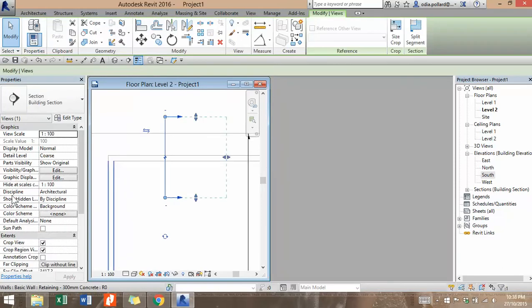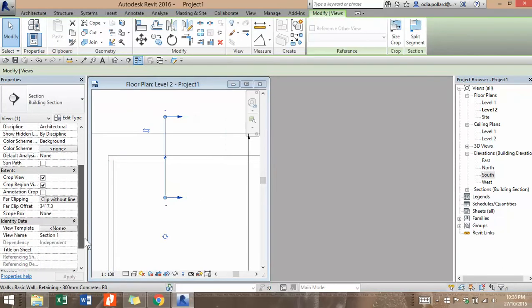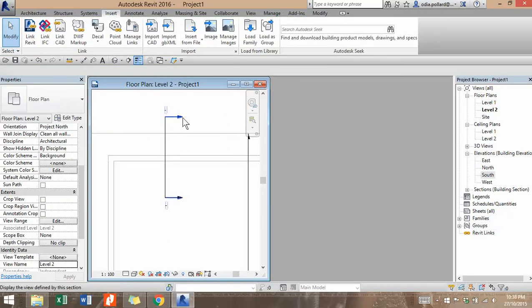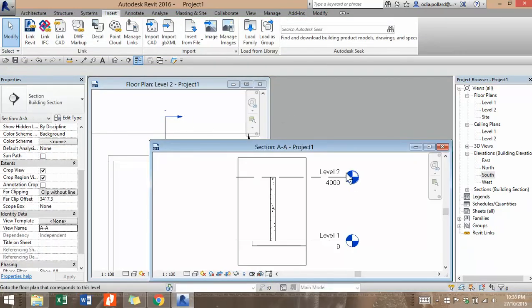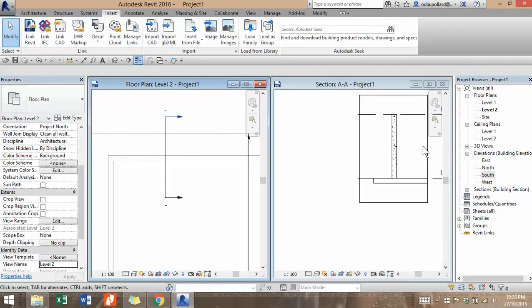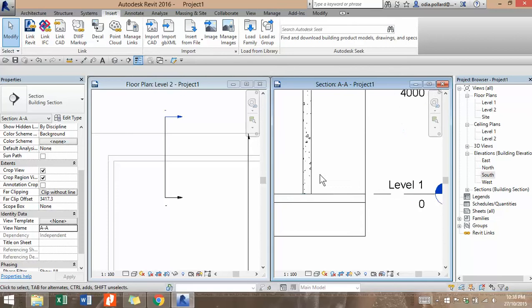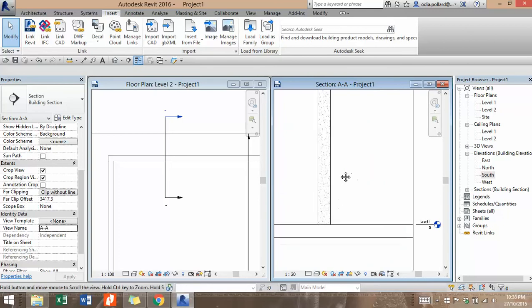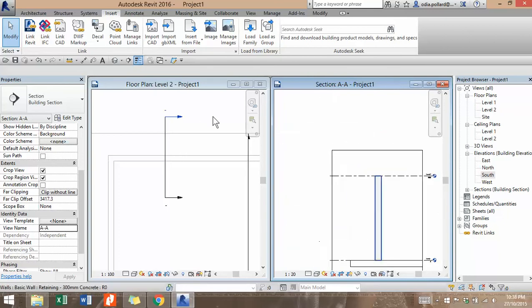So this section, you could give it a name on the properties palette. This says section 1, I'll call it A-E. Right, double click on the section head, and this is the section here, cutting through the section. Okay, let's change the scale to 120. Right? Okay, so now